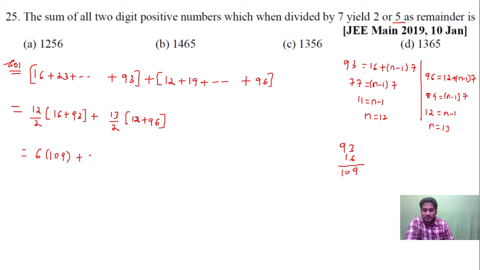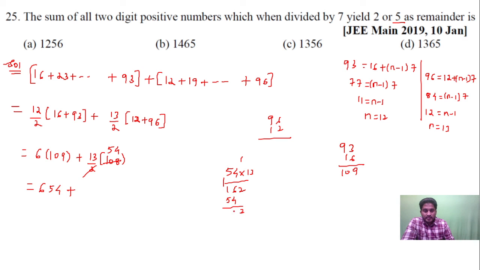And then plus this is 13 upon 2. If you add this, you get 108. 96 and 12 will be 108. This will cancel with this 54 times. So 600 and 6 times 54, so this is 654. And then plus 54 into 13. You get 12, 15, 16, and then you get 54. You get 210. 702. 702, 654.